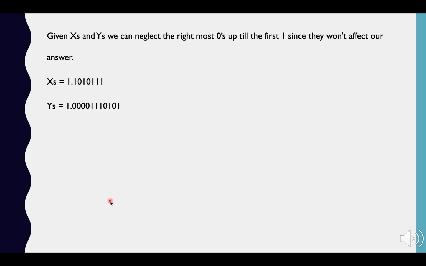Now that we have the values of x of s and y of s, we can neglect the rightmost zeros up till the first one since they won't affect our answer. So now we would have x of s is equal to 1.1010111 and y of s is equal to